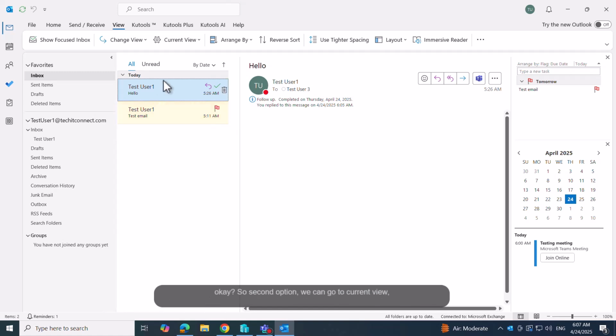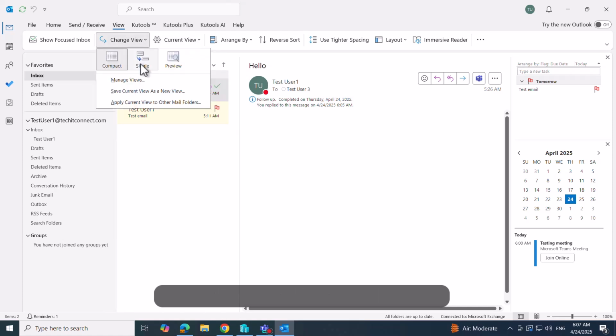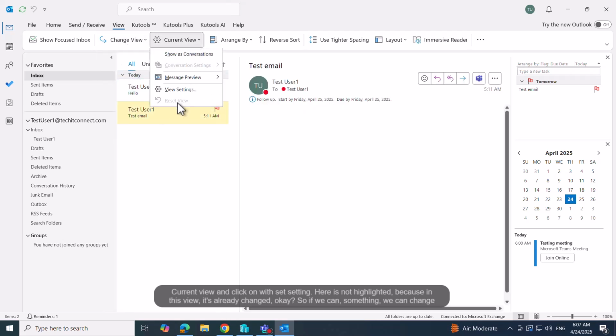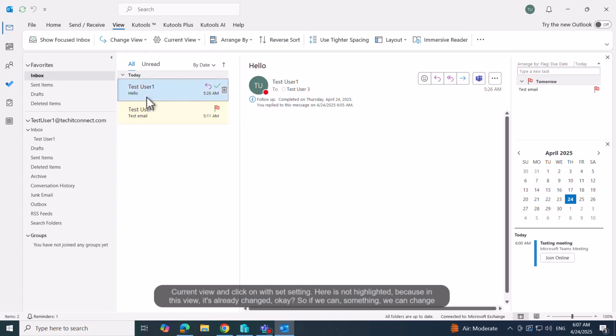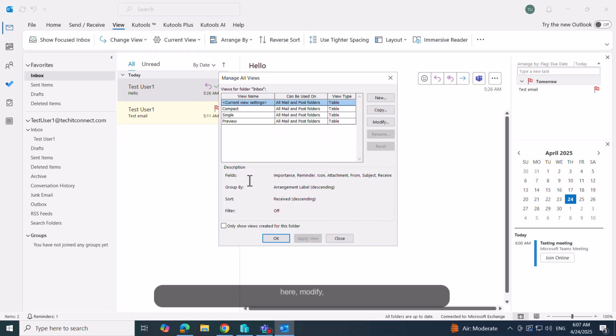So the second option is to go to Current View and click on Reset Settings. Here it is not highlighted because this view has already been changed. So if there is something we can change here,